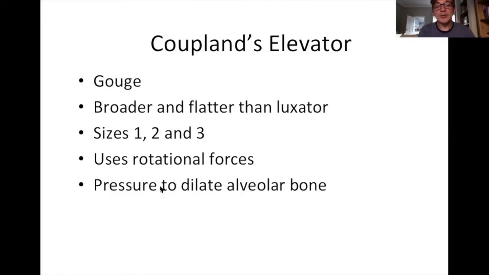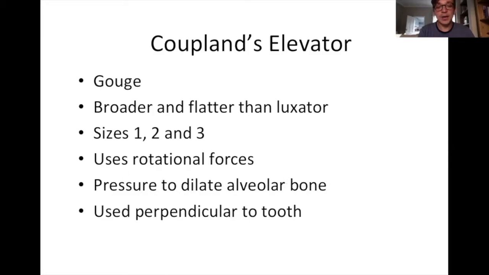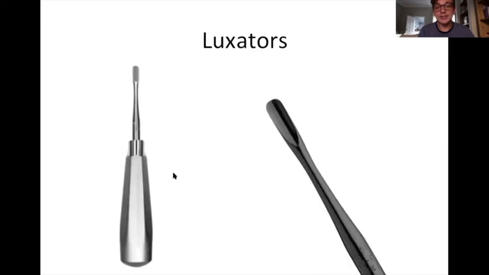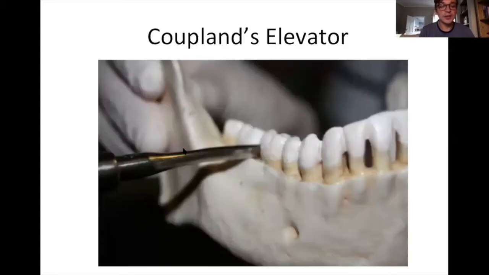And basically you can cause pressure to dilate the alveolar bone, which will obviously help the extraction. And you use it perpendicular. And that's how you use the Coupland. So that's the tooth you extract, and then basically you rotate it, in this case clockwise, so you extract tooth number 7. Okay,